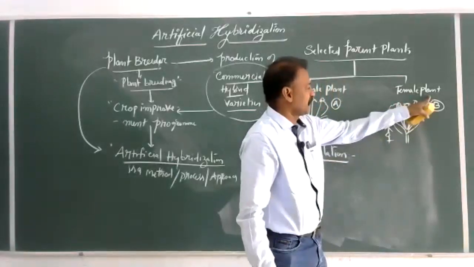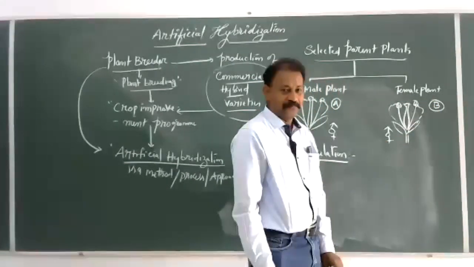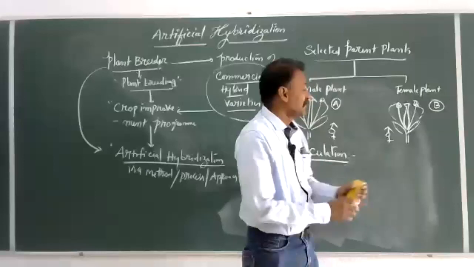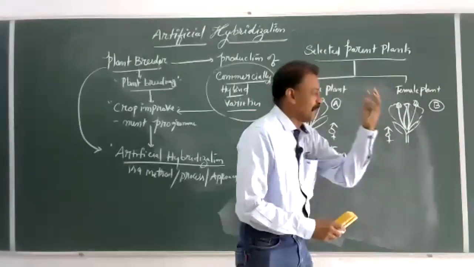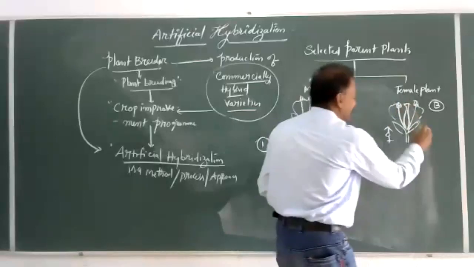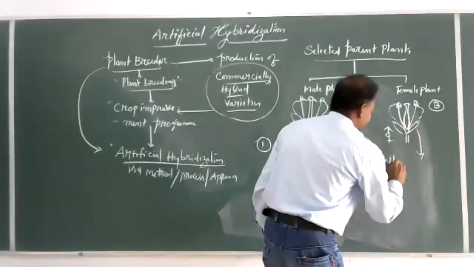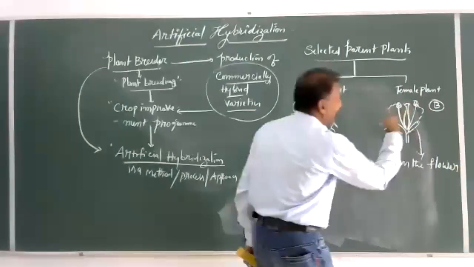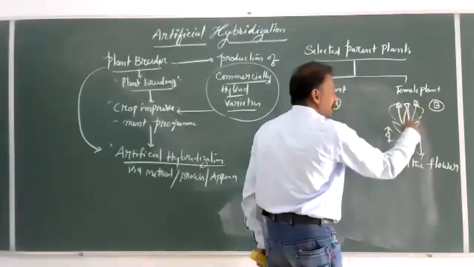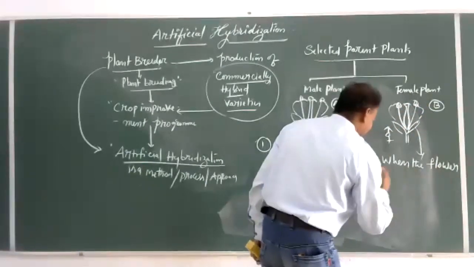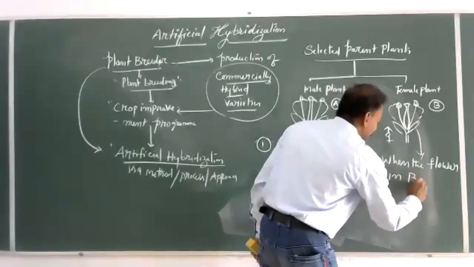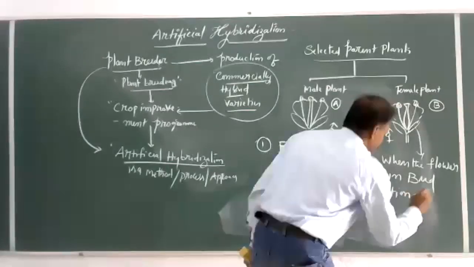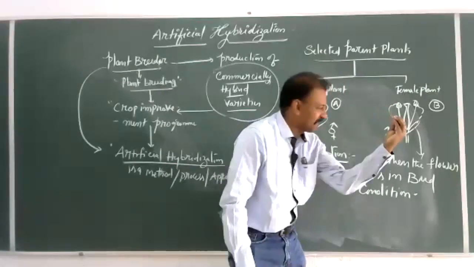In plant B, the bisexual female plant, emasculation has to be done. What does emasculation mean? When the flower is in bud condition, so it is not open,